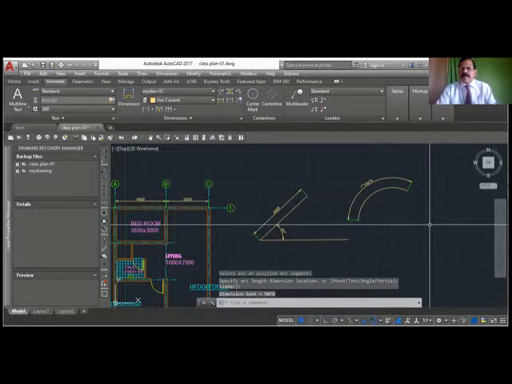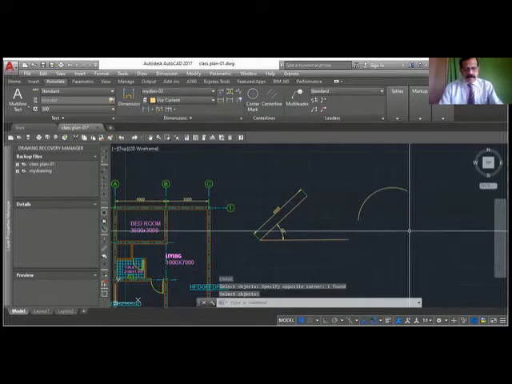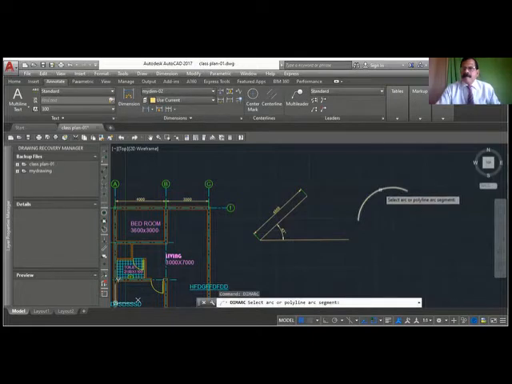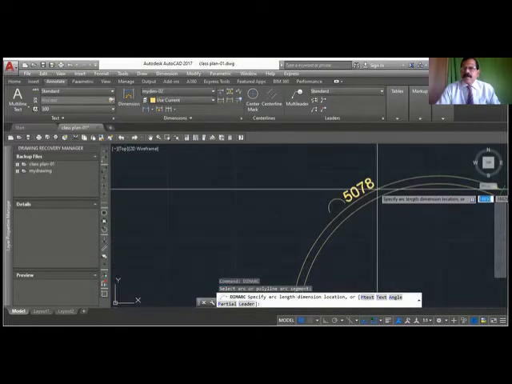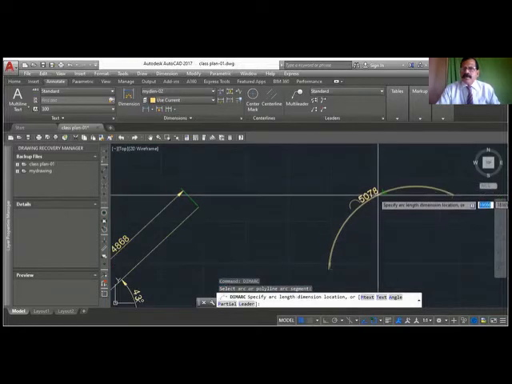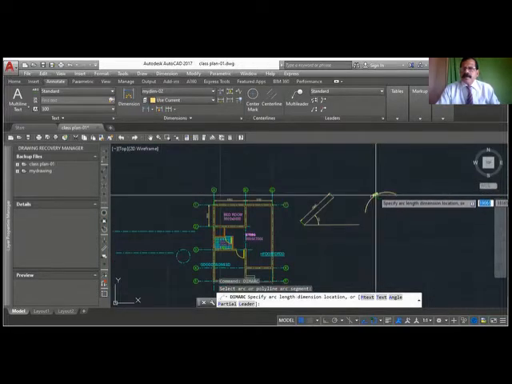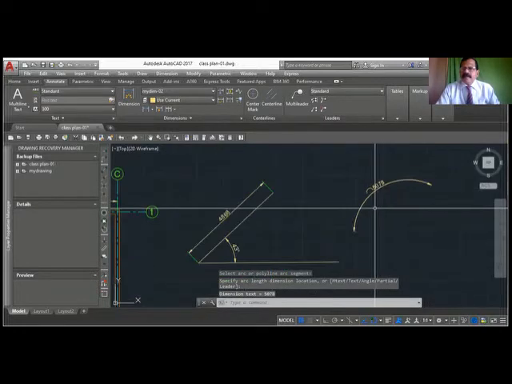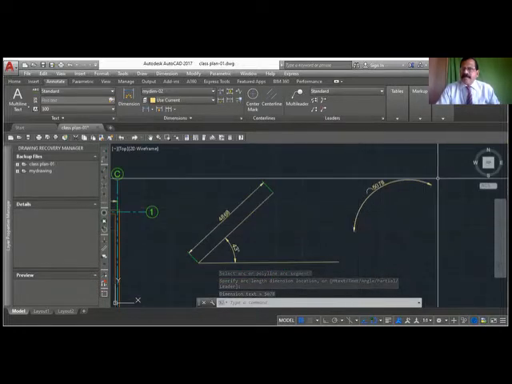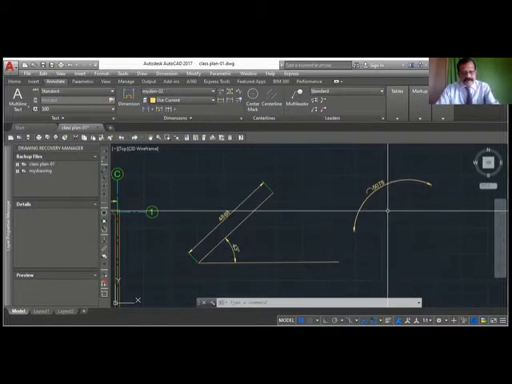Sometimes what happens is when you dim arc, select this. If you show very close, it will not put, because it will catch the endpoint. That is why it is putting the same location.